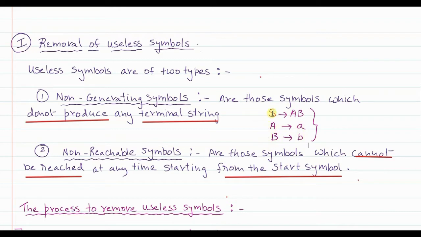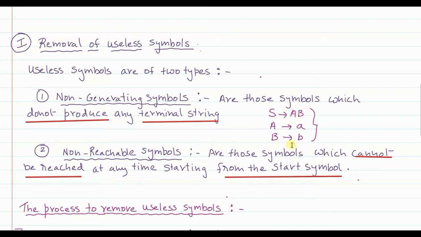But if you see this particular production, S gives AB, now what happens, is S able to replace itself with a terminal string? You may say that S replaces itself with A. Then A further can replace itself with small a. Similarly, S can be replaced with AB, no? So it gives B also.